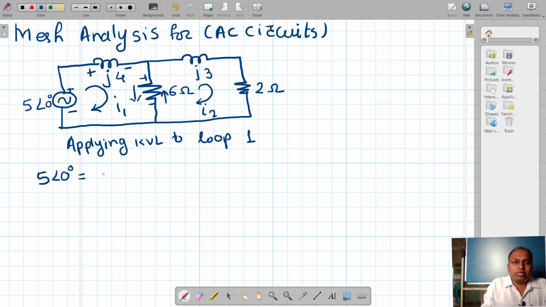It is an imaginary resistance, that is jXL. I hope you are aware of XL. What is XL? 2 pi FL. That is represented over here as J4. Remember this J4 is the imaginary resistance offered by the inductor, so J4 into